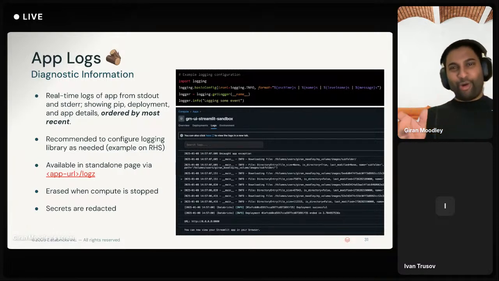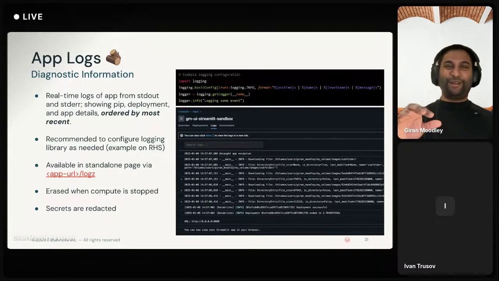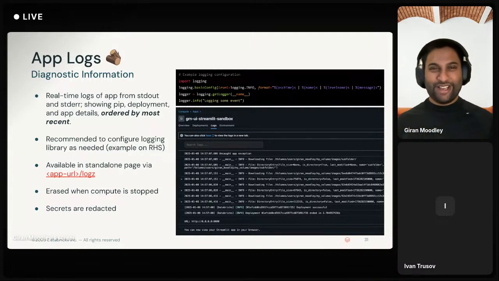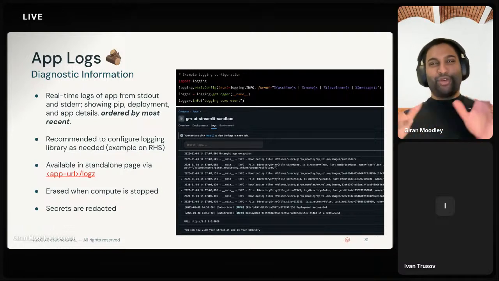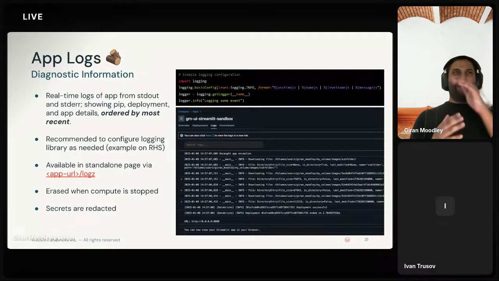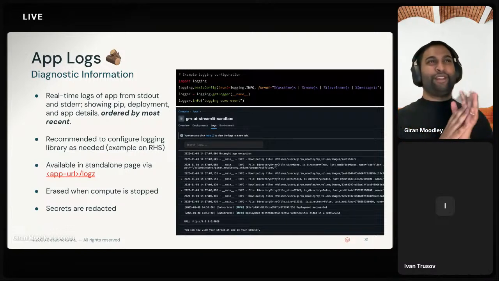And one of the things that did throw me out there is the fact that these logs are actually in reverse chronological order. So you see the most recent log at the top, which does throw you off because as an operator, I'm so used to writing tail -f and looking at it from the bottom. So just to be aware of that.